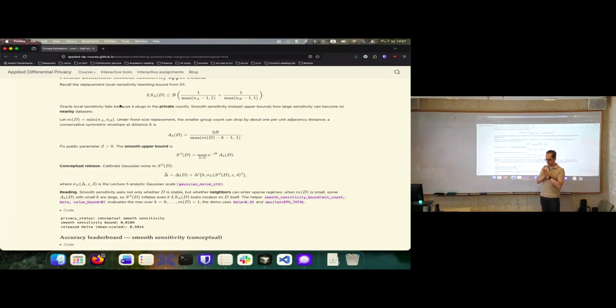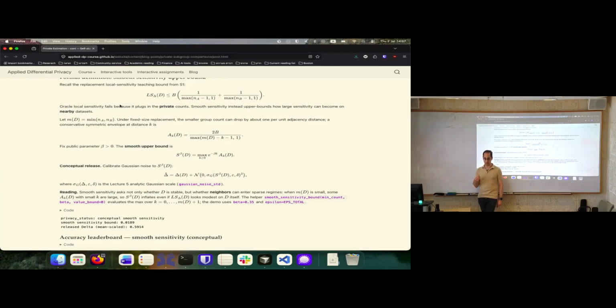What did we say? We said that the sensitivity itself might be a sensitive variable, so we have trouble. But what if I have a different value, a function of the data, that upper bounds the local sensitivity and is smooth?